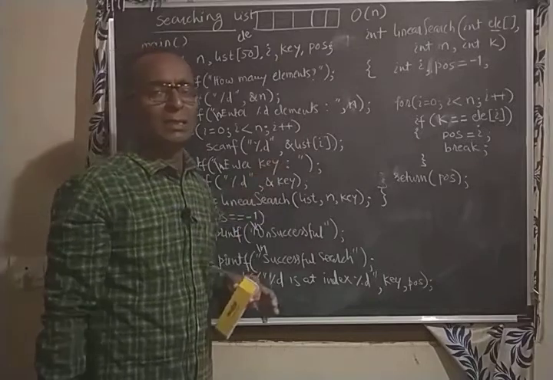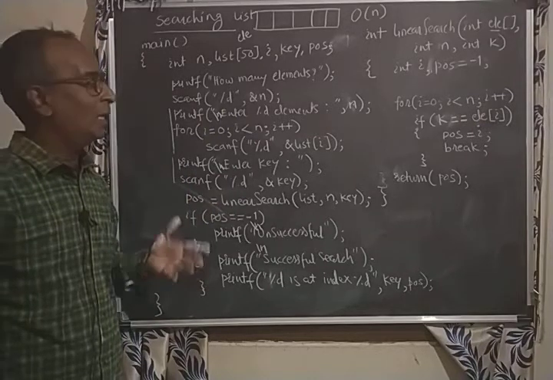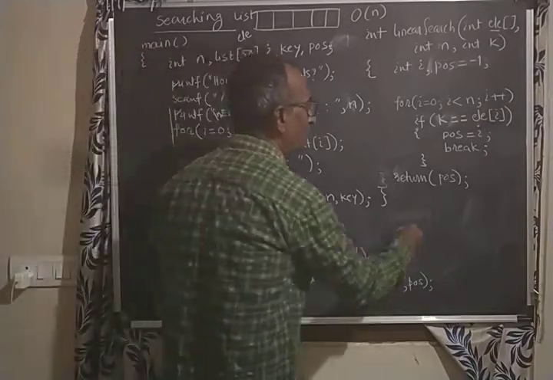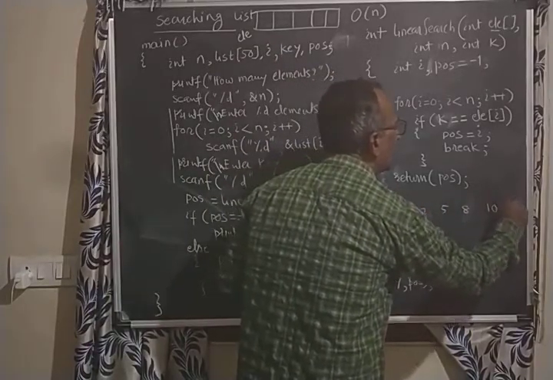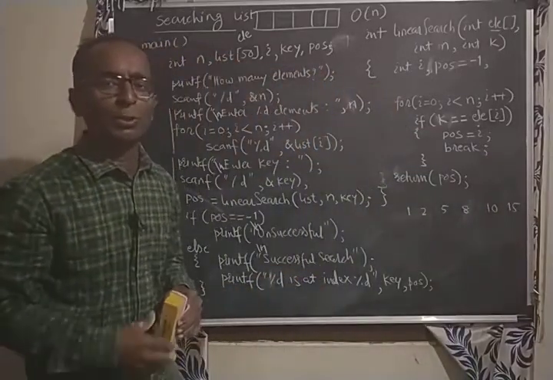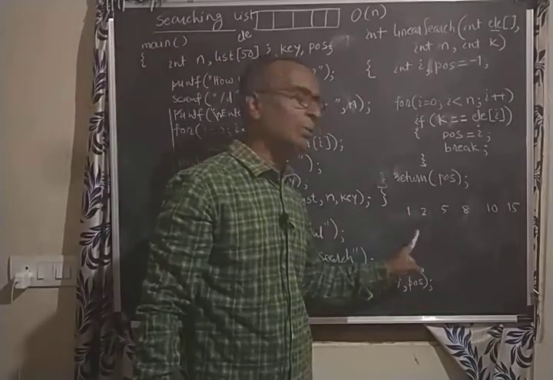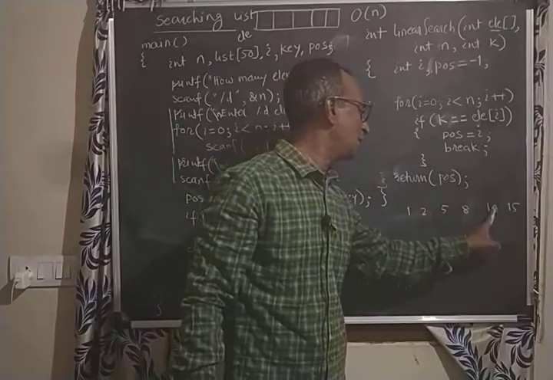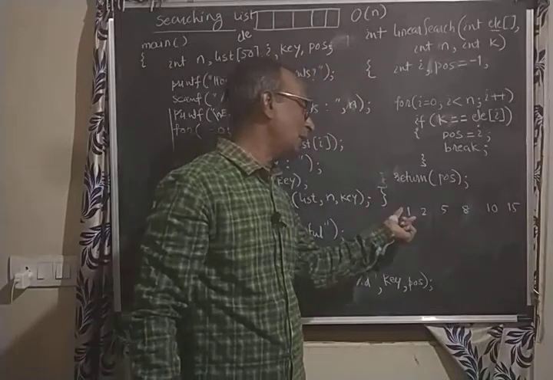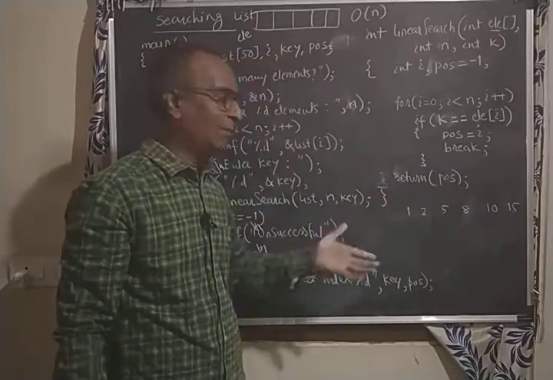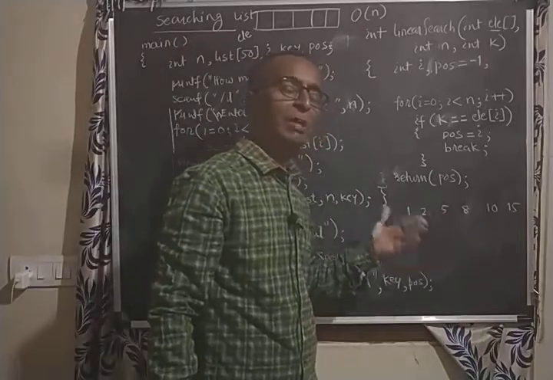If a sorted list is given and linear search is applied, can we make it faster? Suppose a sorted list is given and you are searching for 7 in this list. In linear search, what we do is: is it 7, is it 7, is it 7, and so on. In the worst case, every element will be compared. But if a sorted list is given and linear search is applied, we can reduce that, and we may find in fewer comparisons whether the element is present or not.